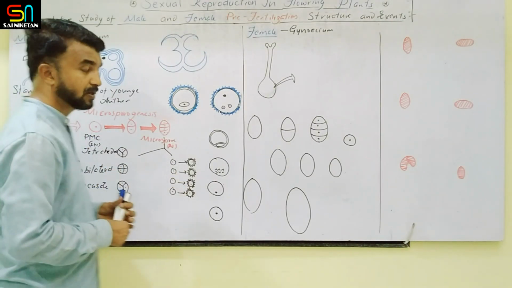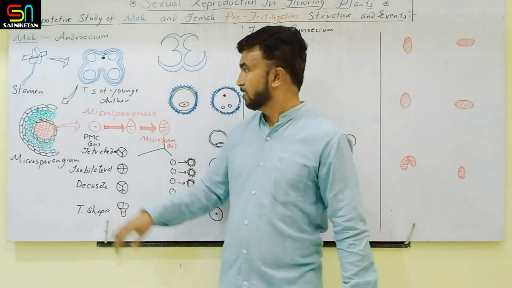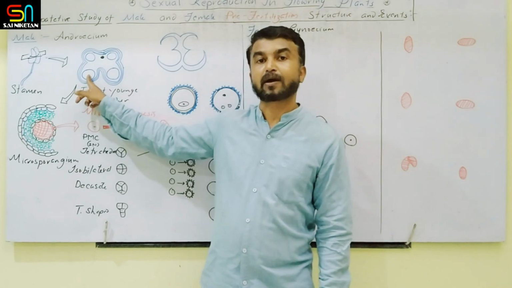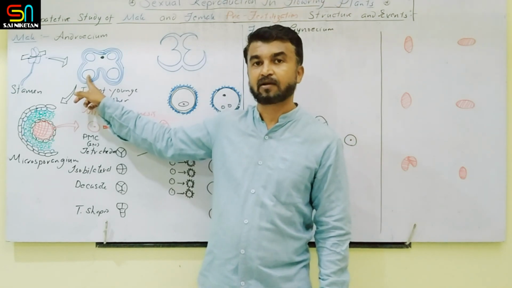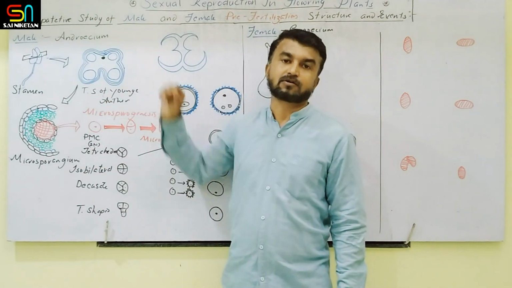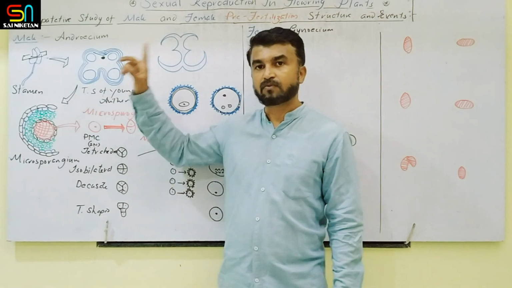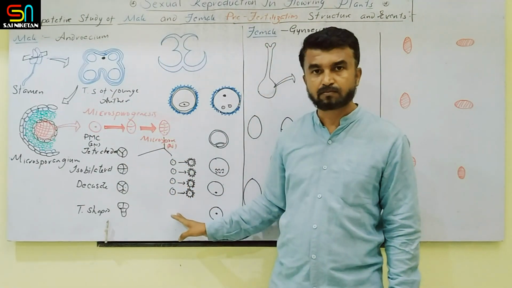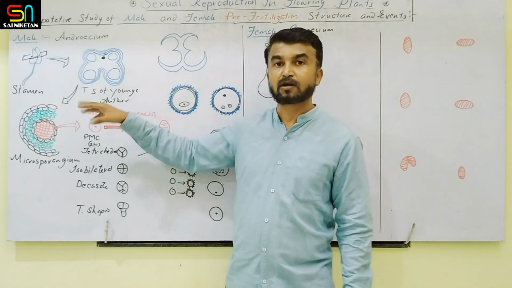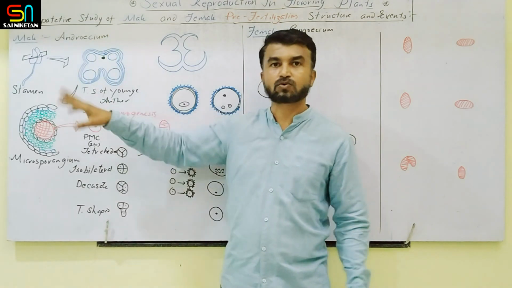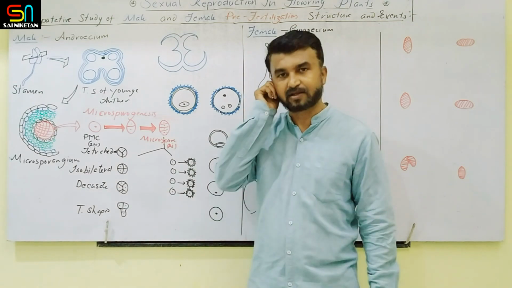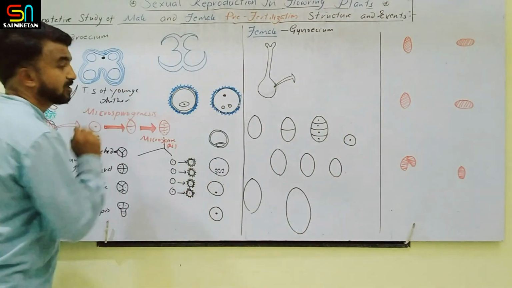So a number-based question may arise. For example, if each microsporangium contains 100 microspore mother cells or pollen mother cells, then how many pollen grains are produced in this tetrasporangiate anther? From 1 microspore mother cell, 4 pollen grains; from 100, 400 pollen grains are produced from each microsporangium. With 400 in each, a total of 1600 pollen grains can be produced in this anther. A question like this may arise. Clear? So this is microsporogenesis.